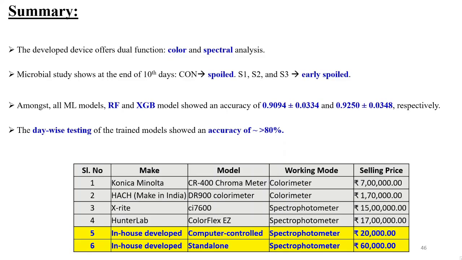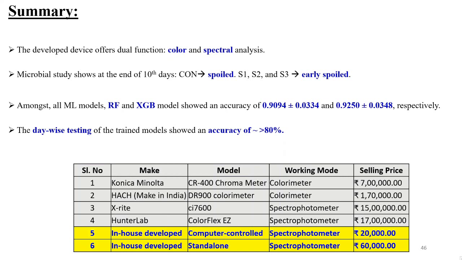Now, if you look into this computer controlled system that we have developed, it can be developed at a price of 20,000 itself, whereas the standalone model, because we need the Raspberry Pi and other important things, would increase the cost to around 60,000. Which is much lower as compared to the marketed